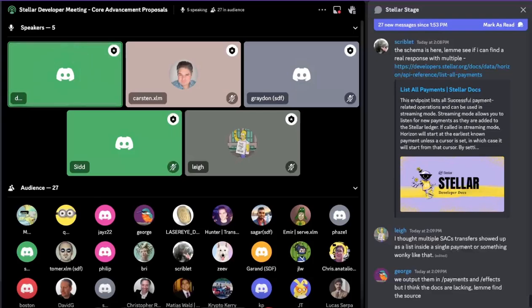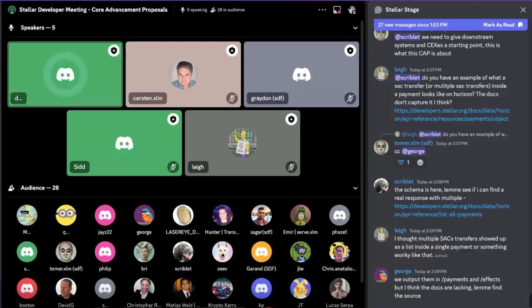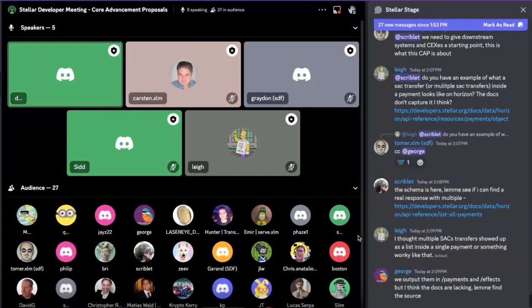What's going on in Horizon with everything in transfer? To add some context, I recall there may have been some discussions here on Discord about supporting muxed accounts in Soroban in general, and the tricky thing about any sort of multiplexing in Soroban, and the reason why we are not coming in with some more generic multiplexing approach,